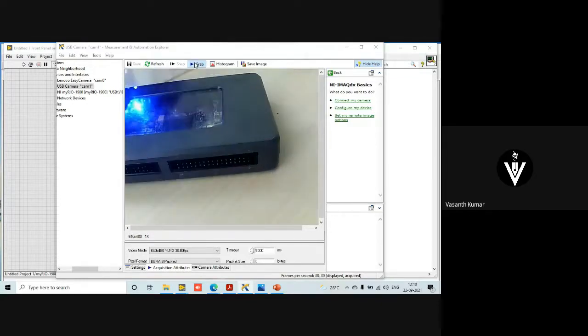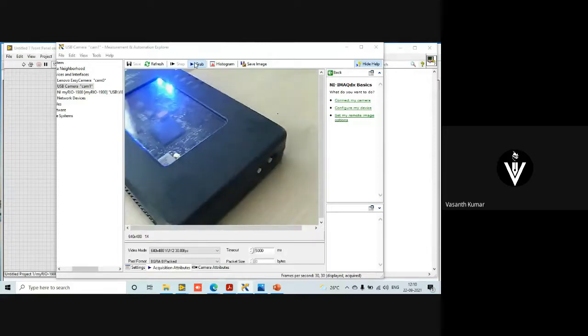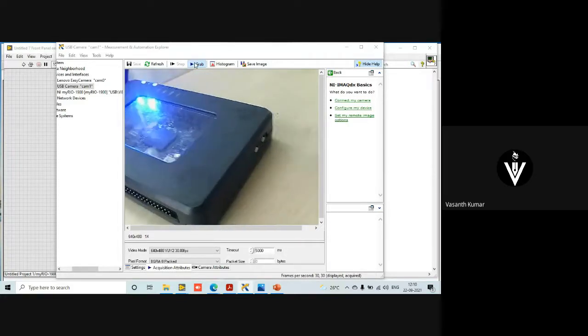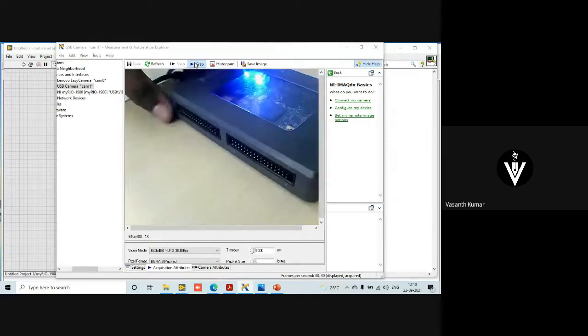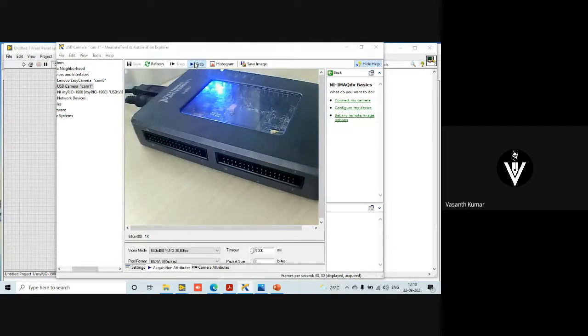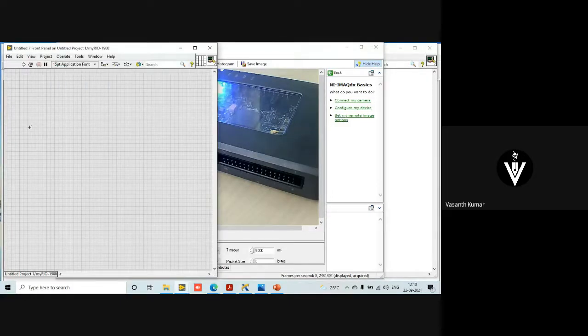This is a device named myRIO. You can see it has a lot of chips inside. It has an FPGA and a real-time processor also. So this is the myRIO hardware. I've connected it to my computer, and that's the reason you can see it is getting detected. All right, so I'll come back to the